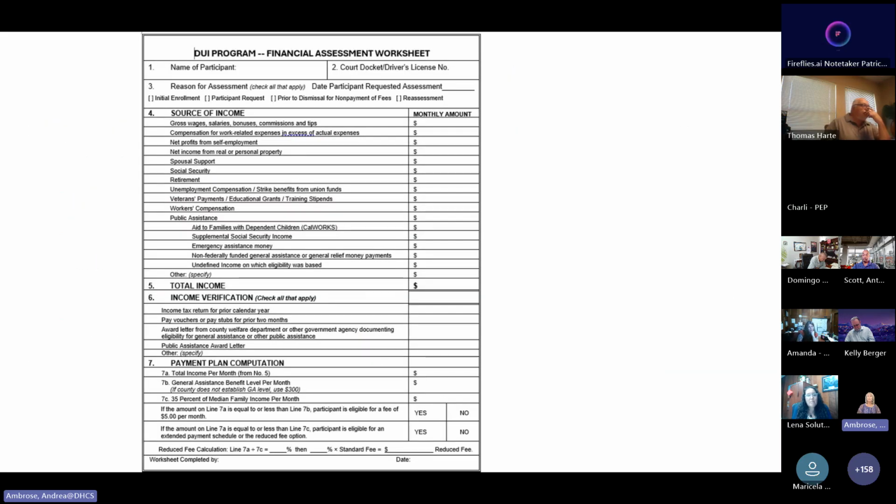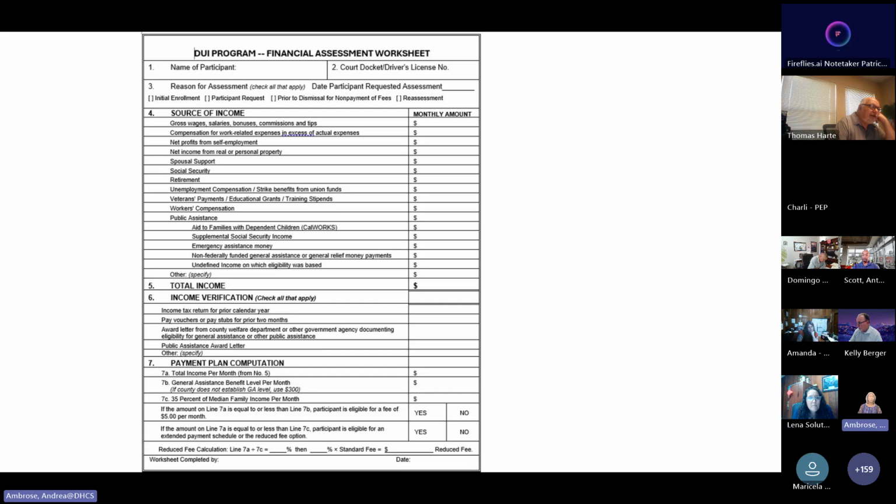So here's what our template looks like that we can provide to you if you desire. And you can see it's got a few different sections here. We have the source of income. We document all of those valid sources exactly as it's defined by the regulation.